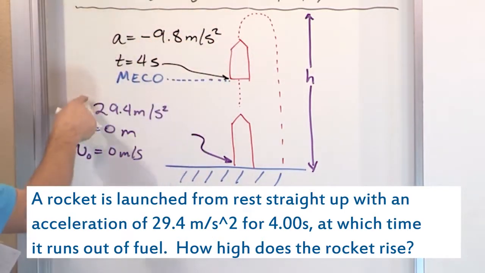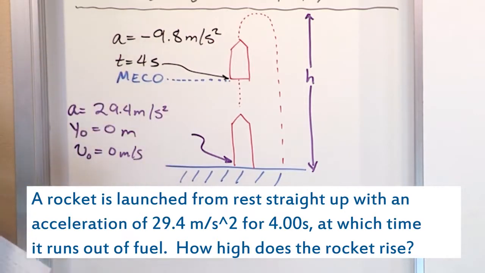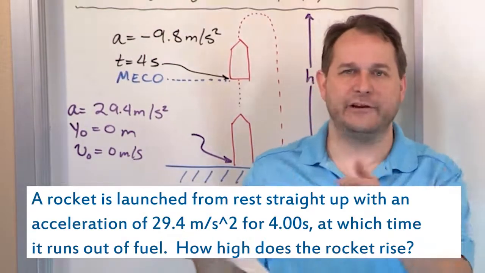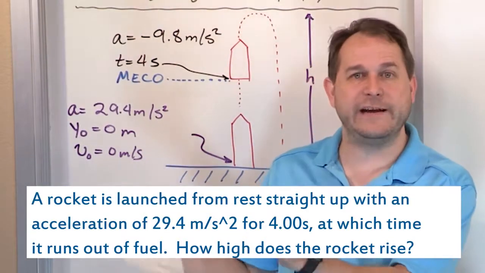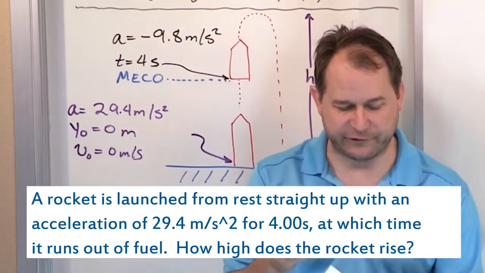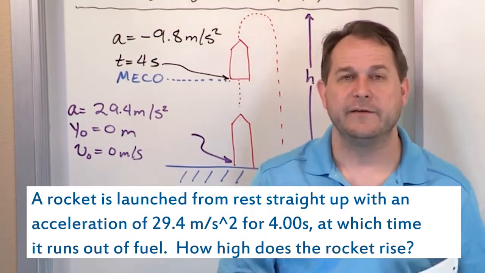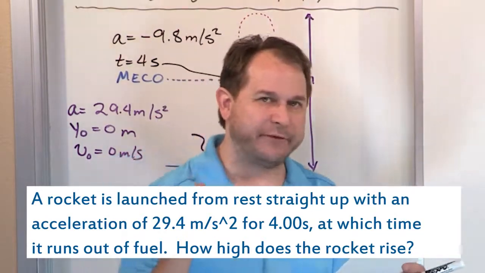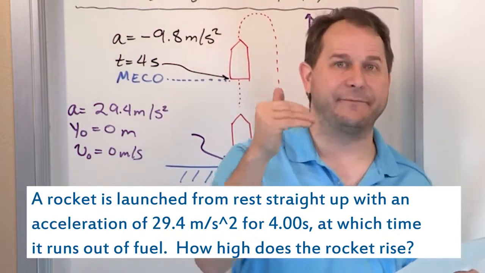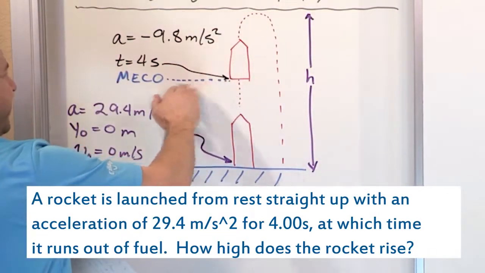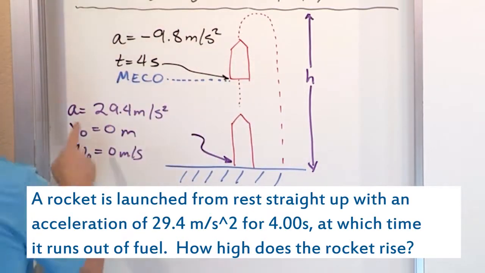The acceleration, notice, is very different than the acceleration during powered flight. As I told you as a rule of thumb, when the acceleration changes, you should consider that a separate regime for your equations of motion, because in your equations you only have one acceleration variable. You don't have two of them, so you have to break the problem up. So we need to break it up into what happens before MECO and what happens after MECO. Let's focus on what we can find before MECO, before the engines have cut off. We know the acceleration, we know the position, we know the initial velocity. What else can